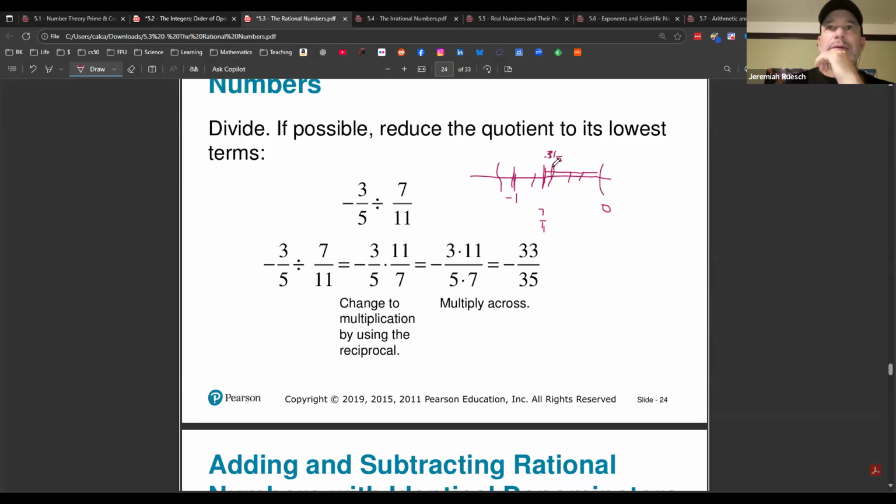-3/5 is right here, and 7/11 technically would be negative, but we're talking about distance here. So this is 7/11 here. And how did I get that? If you're wondering,